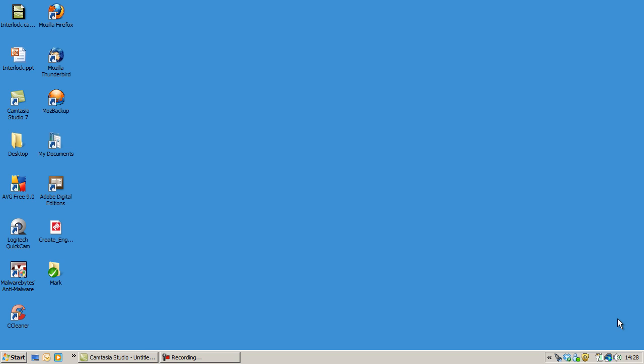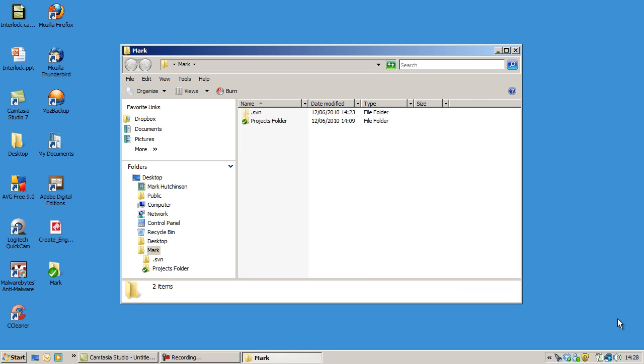Now, as you can see from my desktop, I've set up what we refer to as a smart folder already, and this is represented with a tick in the circle on the front of the folder, which just highlights the fact that this folder has already been synchronized with remote sites, and there haven't been any changes yet to be updated. To open the folder, it's very simply a case of clicking on it,